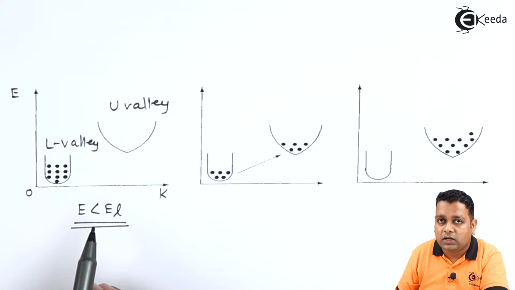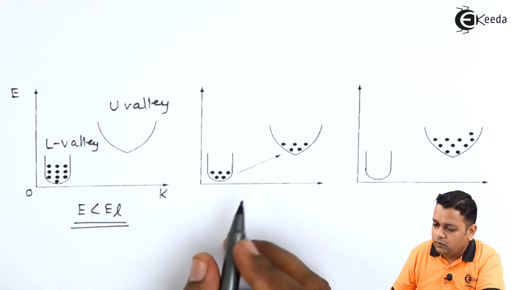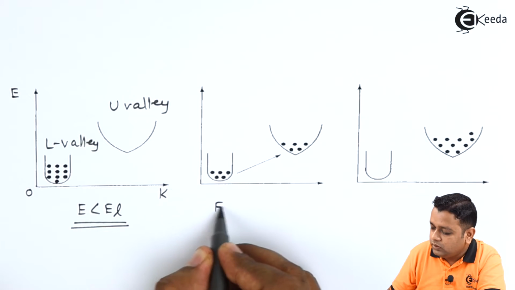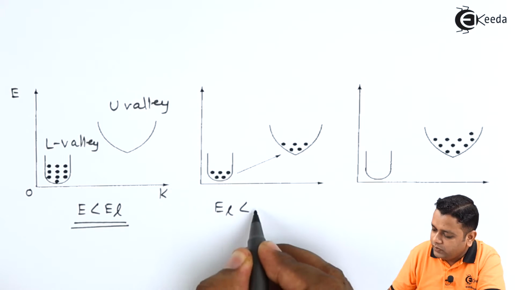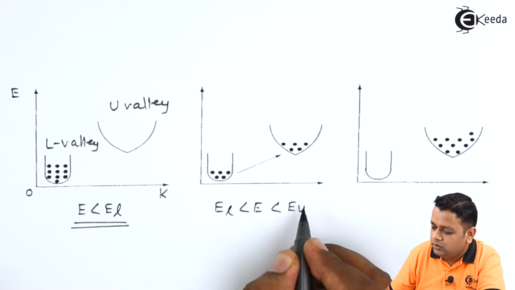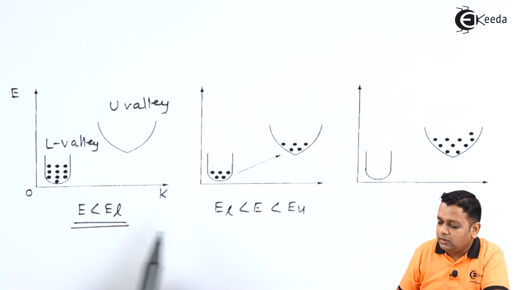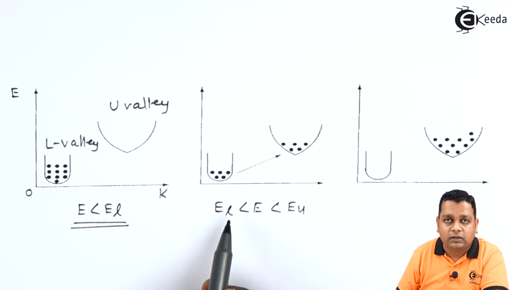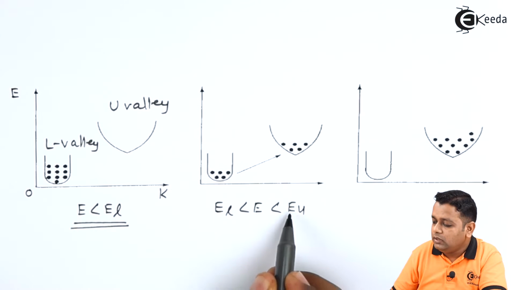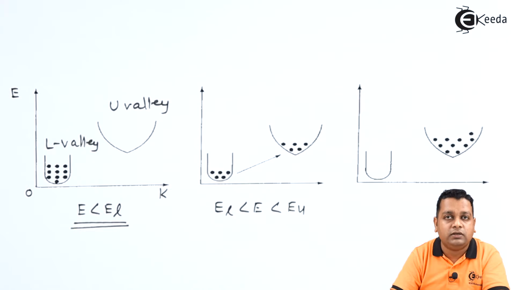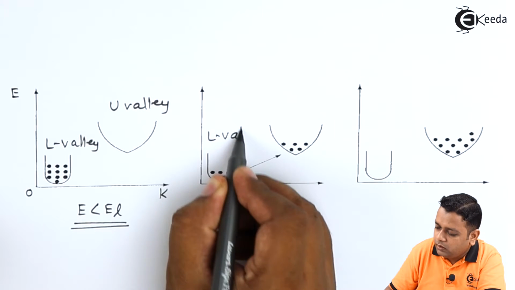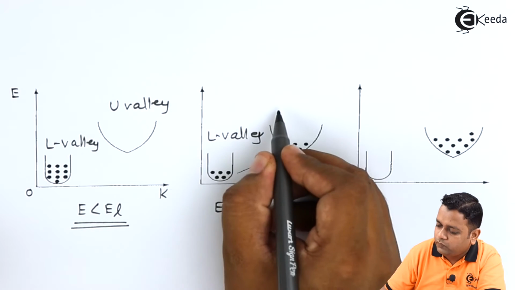Now the next case we can take with the help of this diagram, where E has increased beyond EL. So here we take EL less than E, but which is less than EU. Here capital E suffix L represents the energy level of the lower valley, whereas E suffix U represents the energy level of the upper valley. So again here we have the L valley